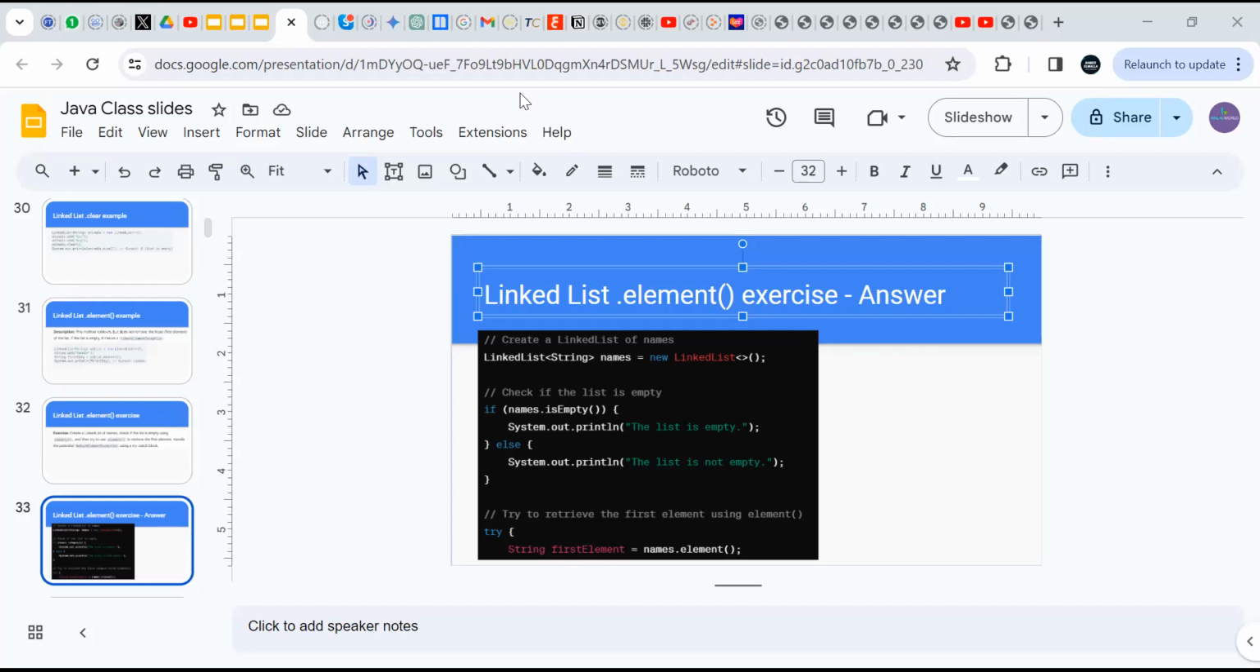Yes. So what I said is, I was trying to explain to you that using dot element is slightly dangerous. For one reason, if you use it on an empty list, a linked list called names where you didn't add any items or elements inside it yet, and then you start to call dot element on that names linked list, then it will throw an error to you. So to avoid that, you have to check is empty first, or even you can check dot size